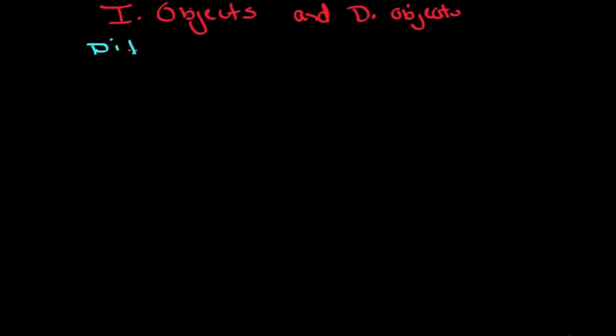Today's lesson is about indirect objects and direct objects. And more specifically, it's about a type of verb that we call ditransitive verbs. That may seem like a big word, but I will explain it in one moment. A ditransitive verb is a verb that in English needs